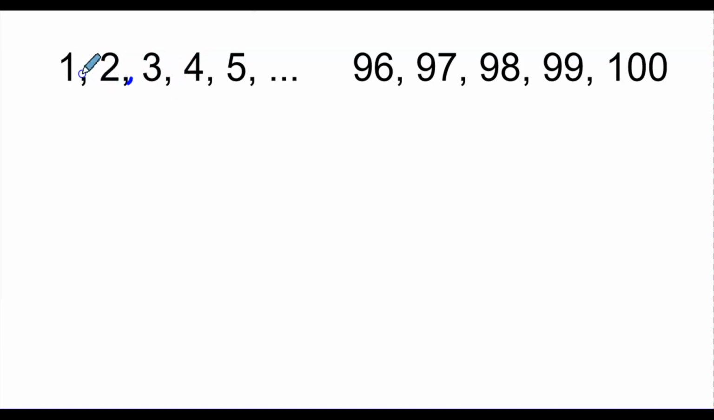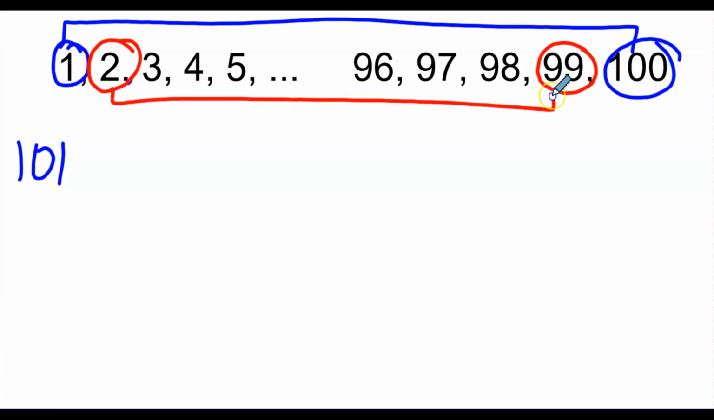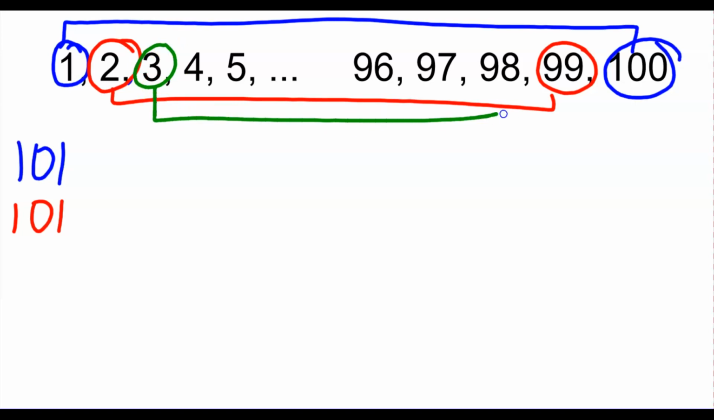But there's a pattern if you look closely, and the pattern is this. If I take the first term and the last term, and I add them together, I get 101. And then if I take the second term and the second to last term, and I add them together, 99 plus 2 is 101. And if I keep doing that, third term, third to last term, 98 plus 3 is 101. Each pair that I add together